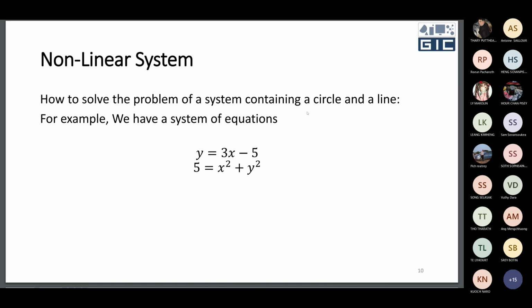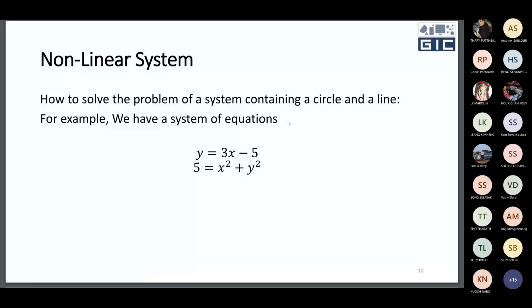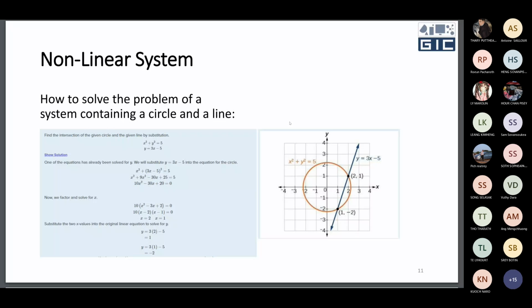In this case, when you have one line and the other cycle equations, you have only the possibility of 2 solutions. Sorry, it's too fast here. Okay, but